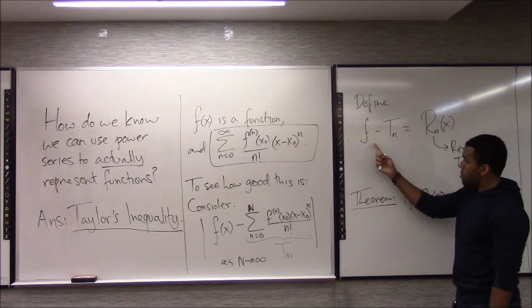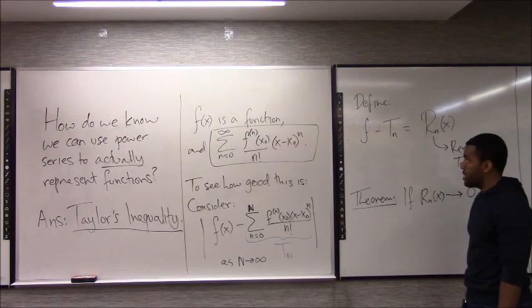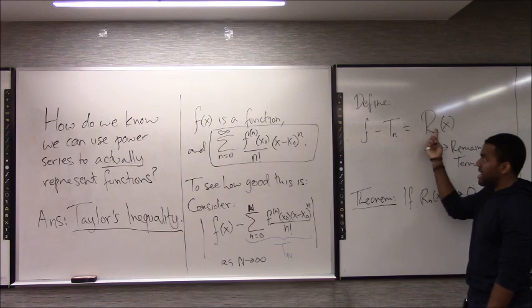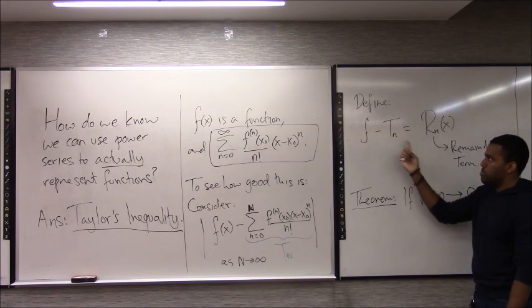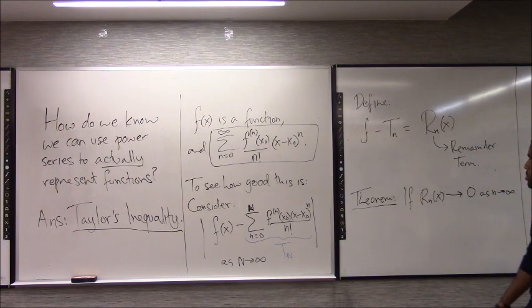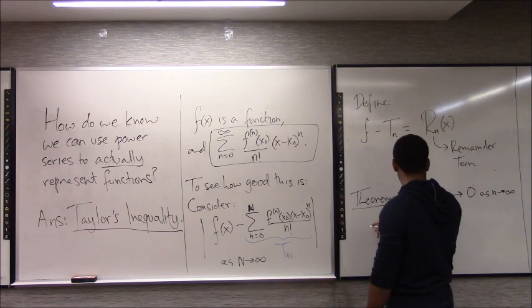So the values outputted by your function and the values outputted by the Taylor series, that difference between them is going to 0. Pretty much that means they're kind of the same guys. If the difference between those two guys is 0, it means that they're the same, as n goes off to infinity,